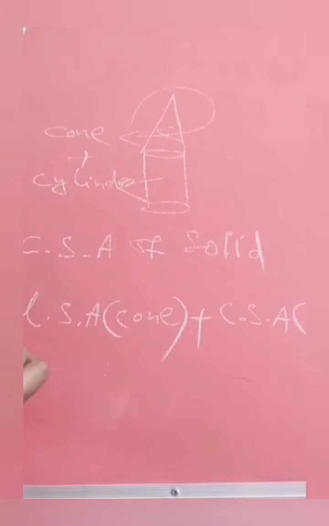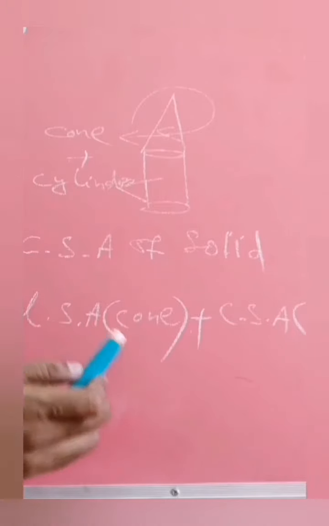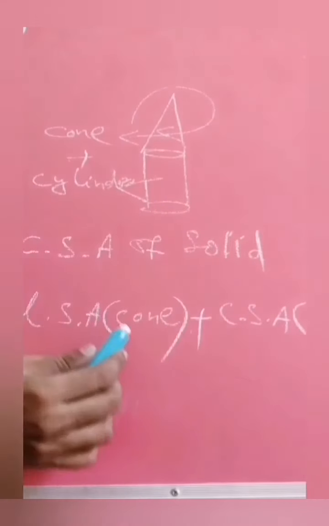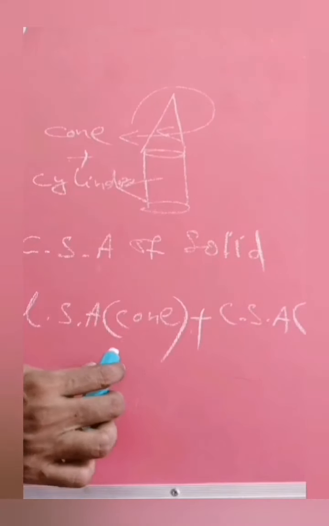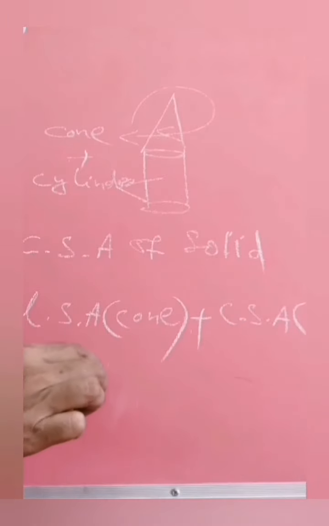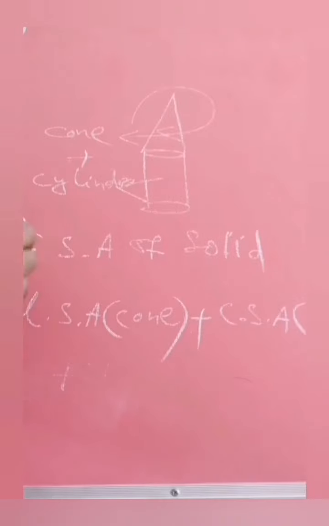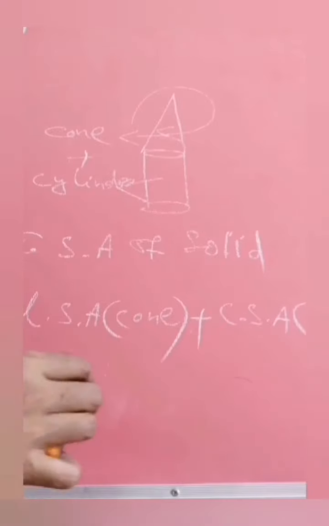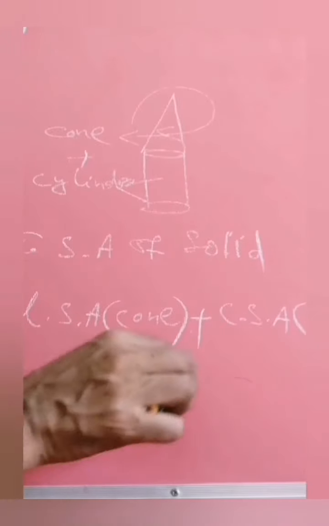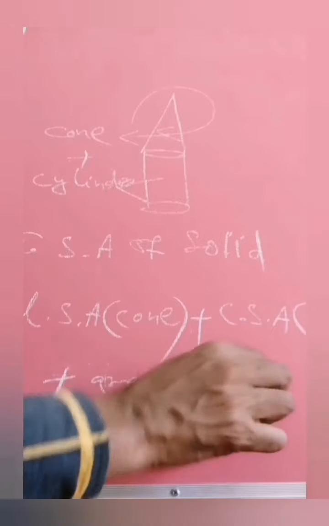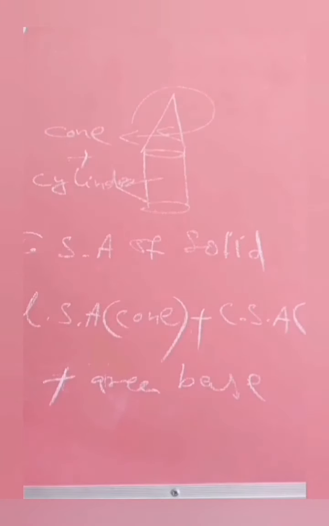Here it is. If the question is to find the total surface area of the solid, then you have to add the third surface, that is the ground or the base of the cylinder, that is pi r square. You have to do plus when we are going to find total surface area. If I change here, instead of curved surface area, it is total surface area, then you have to add another face, that is the area of the base, which is the area of the circle.